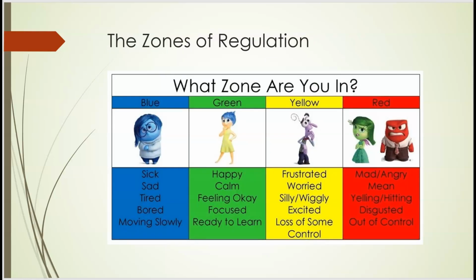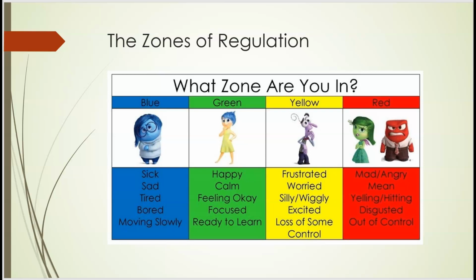The green zone is used to describe when you're in a calm state of alertness. The yellow zone describes when you have a heightened sense of alertness. This isn't always a bad thing, and you typically still have some control when you're in the yellow zone. The red zone describes an extremely heightened sense of intense emotions. When a person reaches the red zone, they're no longer able to control their emotions or reactions. Being in the red zone means you're feeling anger, rage, terror, or complete devastation and feel out of control. The blue zone, on the other hand, is used when a person is feeling low states of alertness or arousal. Getting back to the green zone.